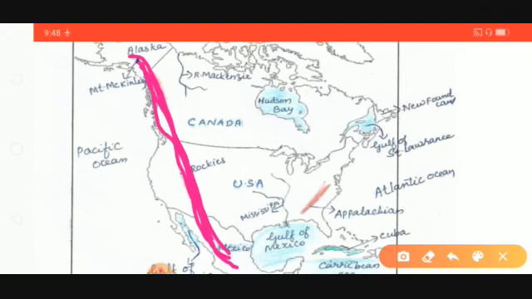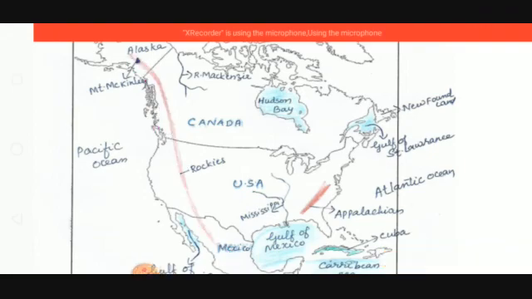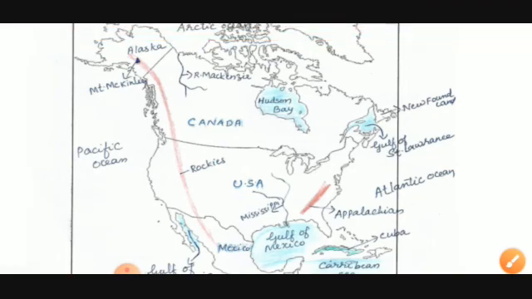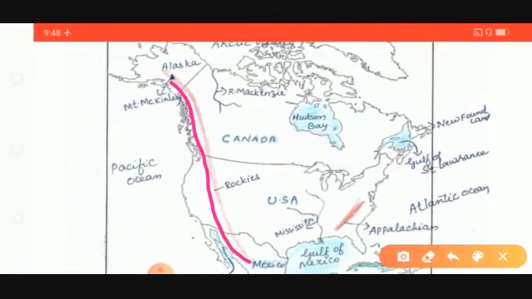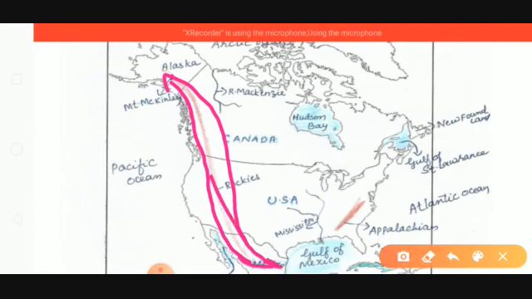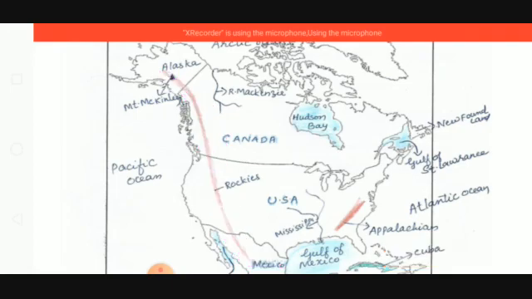It is not necessary that you have to draw a single line. Just mark it in such a way that it becomes a big mountain range. So you can color almost these places as Rocky Mountains. You can shade all these places with brown color, so that it will be clear for you that it is a mountain range which starts from north of North America and continues till the south.